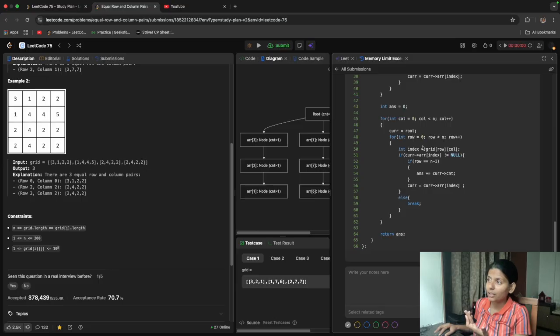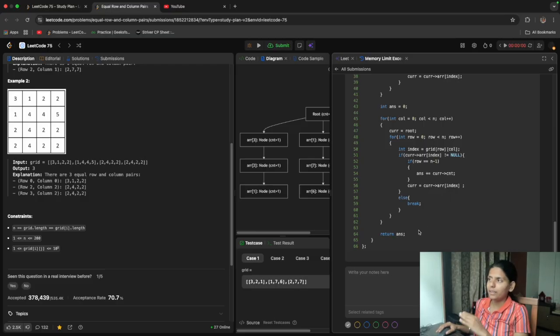Because it has started from current equals to root, and from root to the leaf node it is matched. It means it is present in the tree, it means it is a row, because it was a row tree. And if it is present, then increase the frequency of that row in that grid. Answer plus equals current count, and go to the next one.